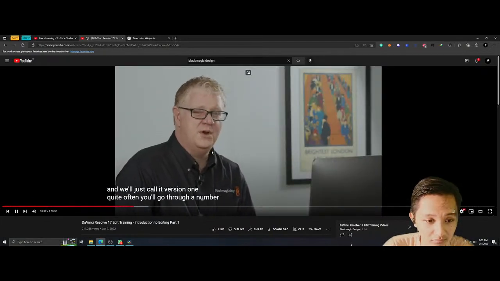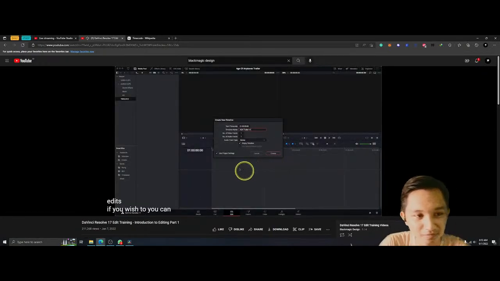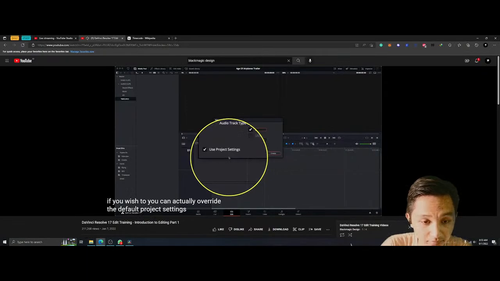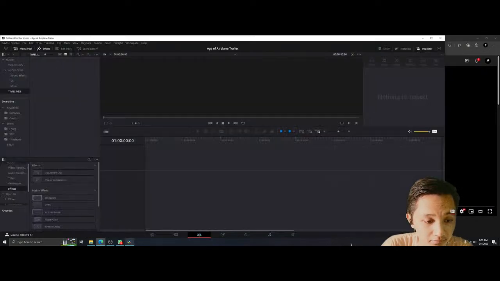Quite often you'll go through a number of different versions for all of your edits. If you wish to, you can actually override the default project settings for any timeline. Just simply uncheck the Use Project Settings option, and then you can go